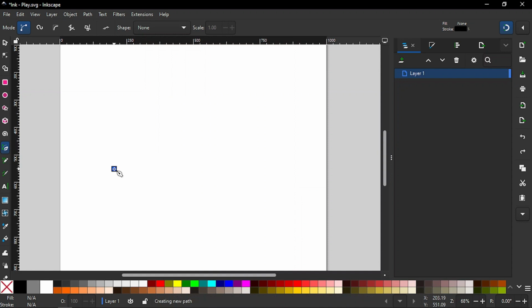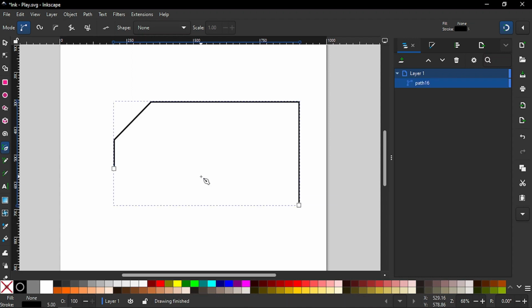Hit and hold, and hit here again, and hit there again, and hit there, and we just didn't do the hit, so hit here again, and now enter. So there you go. Now if we go to the selection tool,